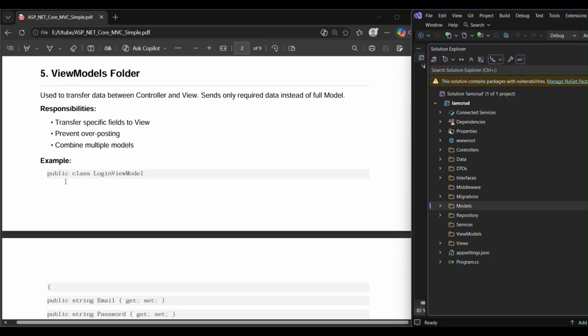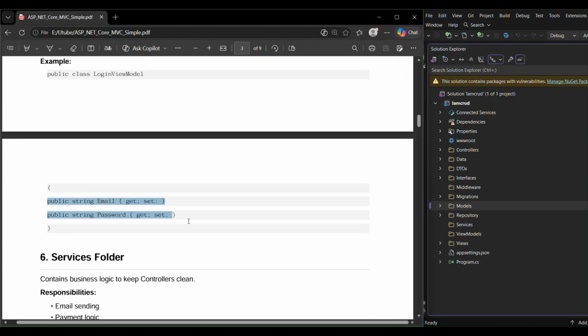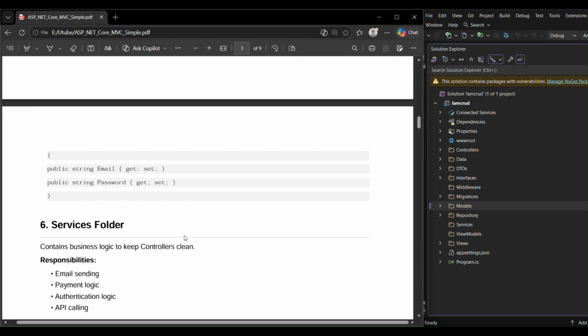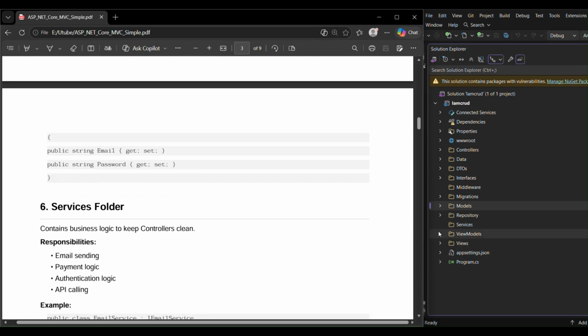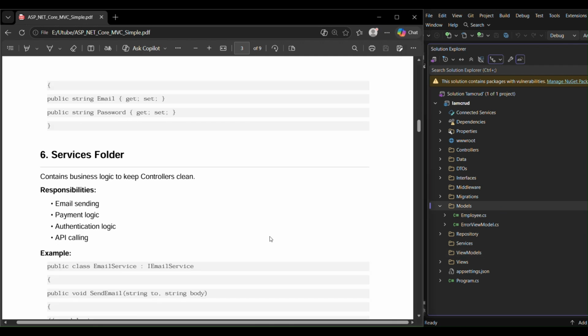Like this public class LoginViewModel, we create normal properties in it. If we create a normal model in the Models folder and use it, it is called the default model, and if we create a view model, it is this part. View model separates the logic.